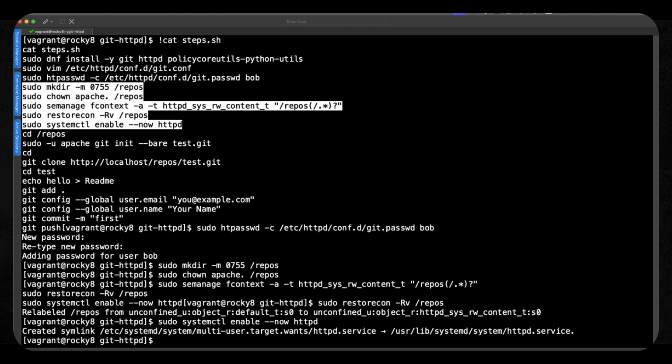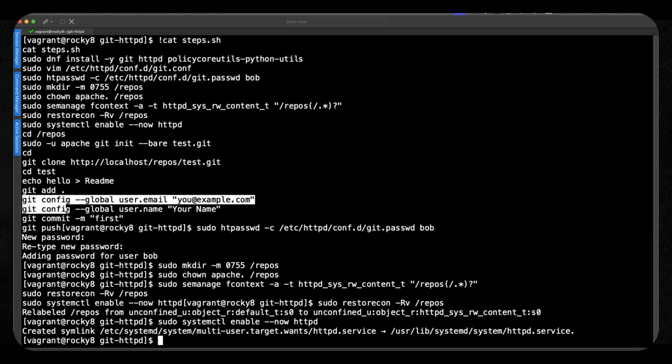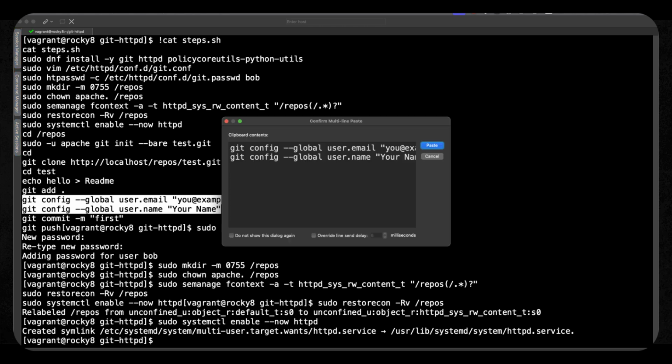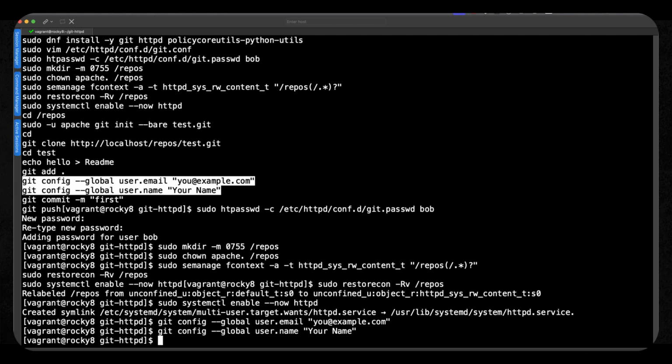I can probably leave this script now, but I do want to just grab something whilst I'm here. We do need to configure my Git client to have a user email and a username. I'm just using the default values, so I'm going to quickly paste this in, but this then will allow me to do the git push to prove that we can write back to this later. But this is just configuring the Git client, and it doesn't really matter the order in which it is set. So I can move then into the repos directory.